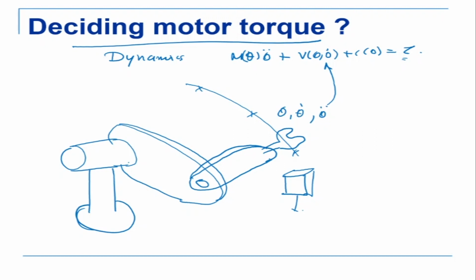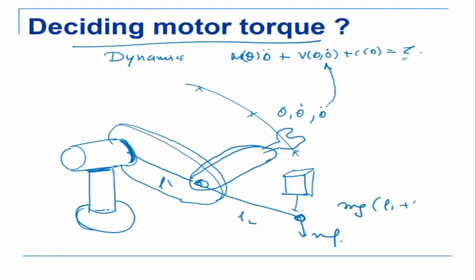Normally, the base link of the robot will carry the maximum load. Why is the base link carrying the maximum load? It depends on the structure. In this particular case, when the arm is stretched out maximum like this, that is the one carrying the maximum load, because your mg is coming here, and this is L1 and L2. So your full load is mg times (L1 plus L2). That's the full load coming on this shoulder joint. The shoulder joint, plus the waist joint, the base joint, carries the maximum load for the robot.